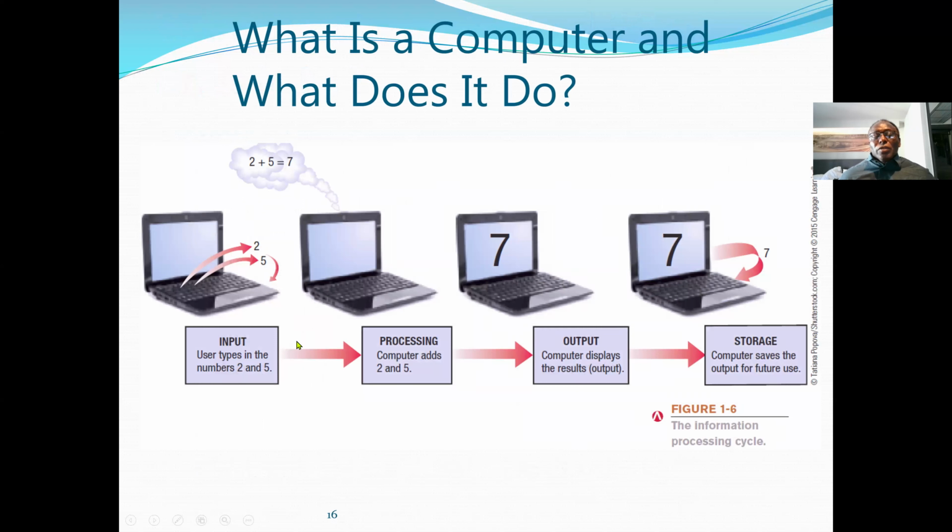So these are the steps. First, a computer will get an input. Let's say here we have input 2 and 5. Then it's going to process the input. In order to process the input, the computer must have a program or special software that can do the task. Here we have a software that can add 2 numbers. After adding the 2 numbers, it gives us the result. This result can be either saved permanently or displayed on a monitor. So those are the 4 major computer operations: input, processing, output, and storage.